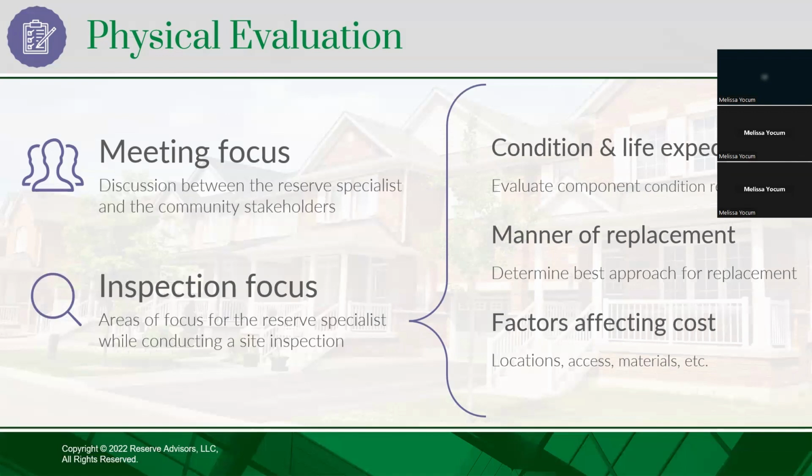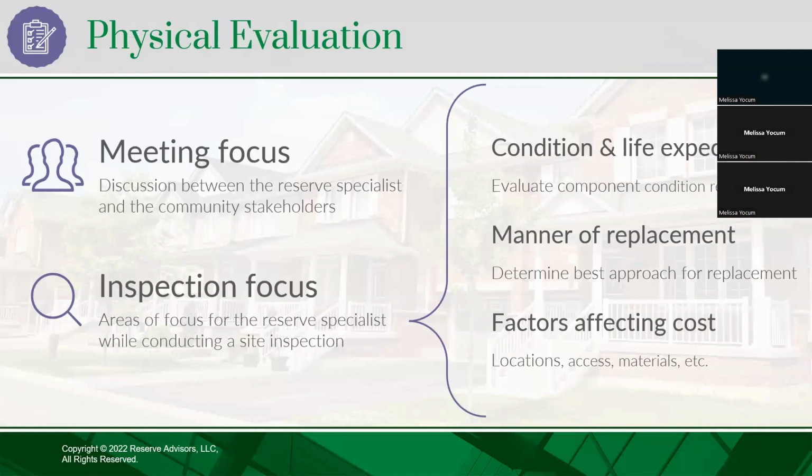So if it's in poor condition, something we're going to show near term, or it might be in great condition, and maybe it's at the end of its typical useful life, but ultimately that condition is going to govern. So if there's a fence that typically has a useful life of 15 to 20 years and it's 17 years old and in great condition, we're going to show that replacement timing based on the condition.